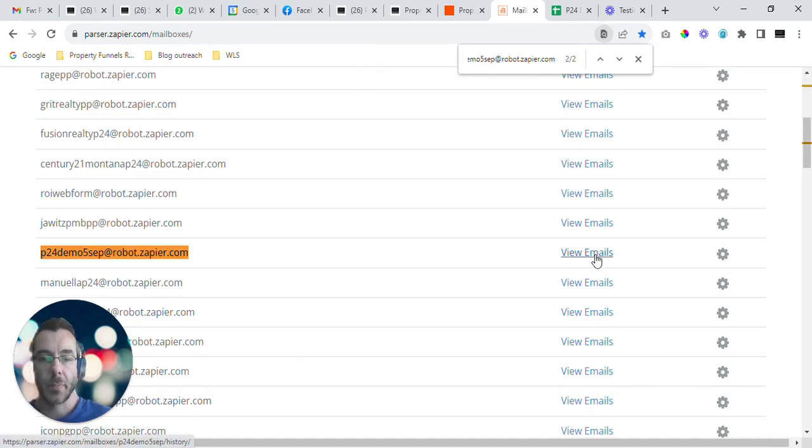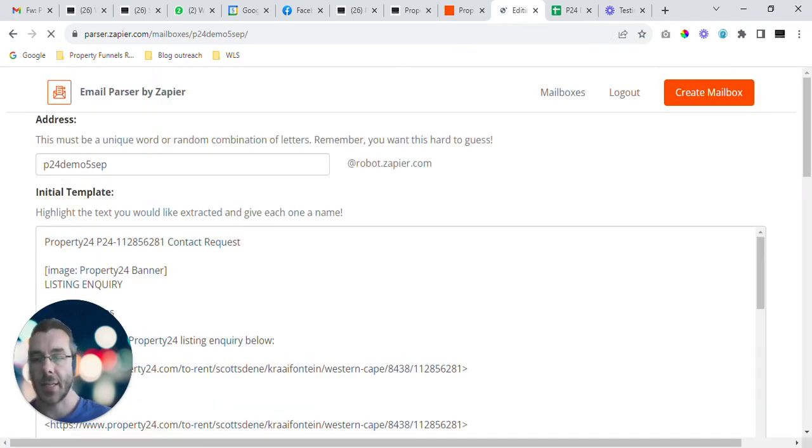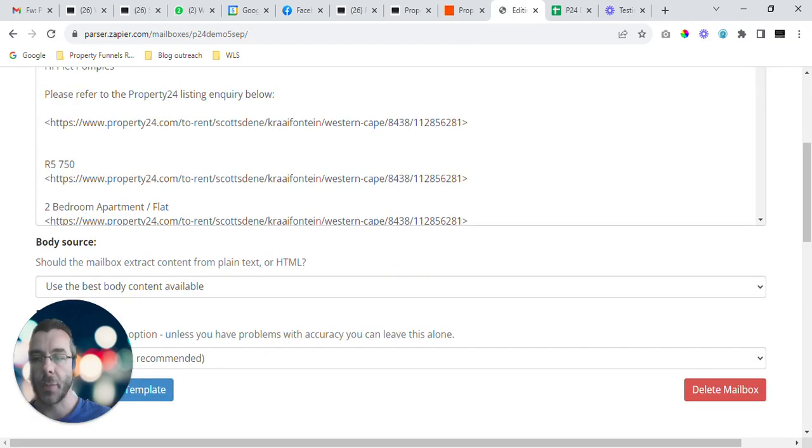So there it is. And then I'm going to go and check on this little gear icon to see if the data has been sent in, and there it is. So this is the email from Property24 that was just sent to my inbox. And then what we're going to do now is